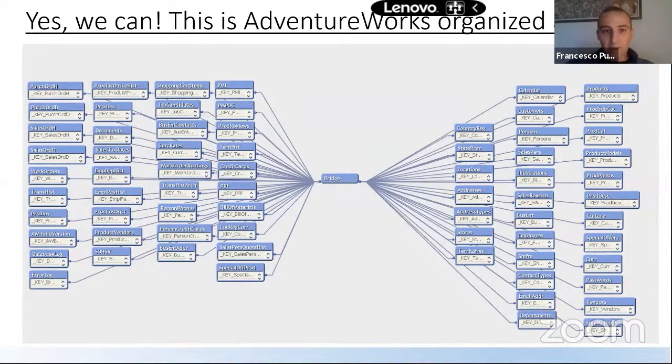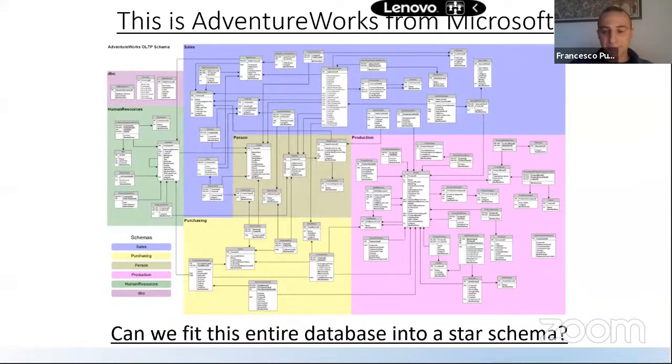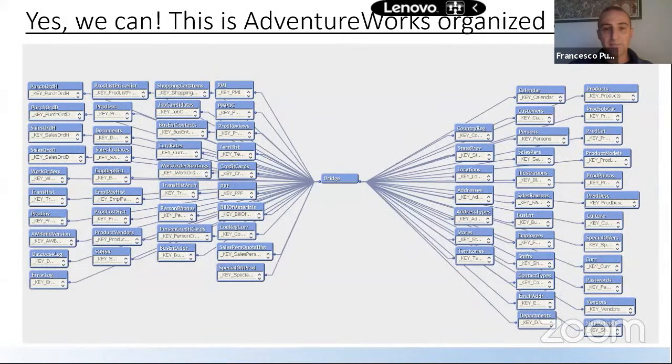So all the tables that you see here, now they are here. In the middle, there is the bridge. I don't know if we have Cindy today in the call. I hope we have her. Cindy, who is actually an organizer of the Data Vault Alliance, was very kind to help me with this book.